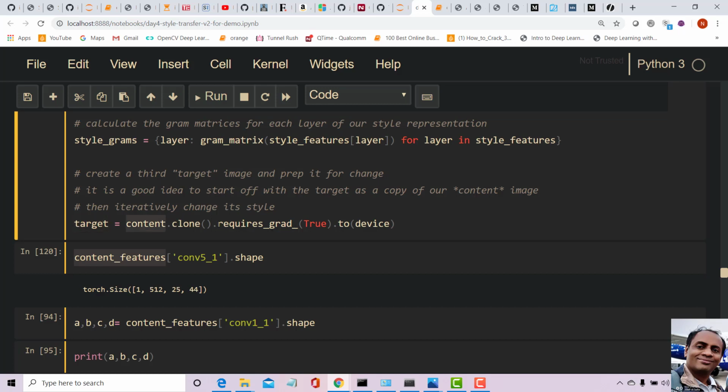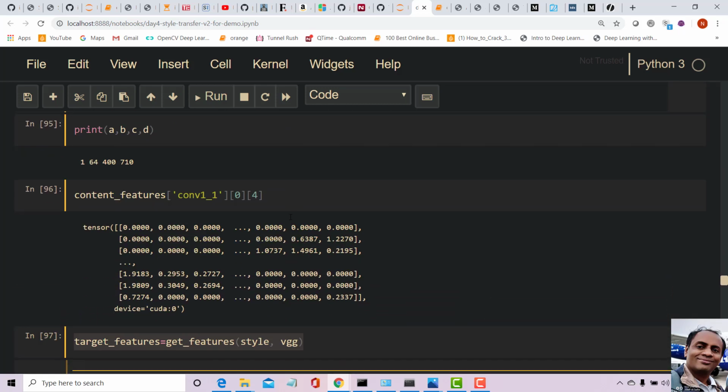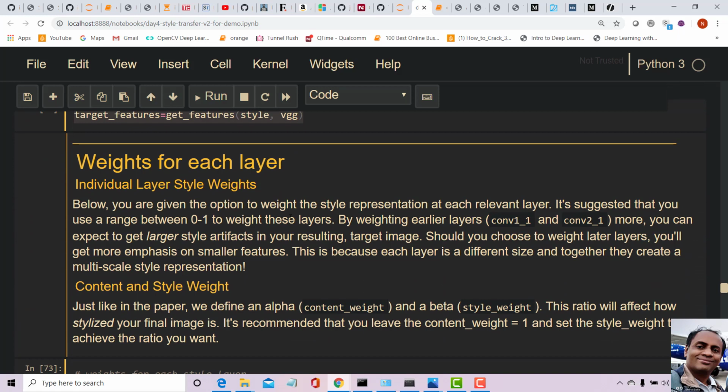And the interesting thing here is that requires_grad is set to True. That means we are going to modify target continuously as we pass the images through the network, and I'll show you how.